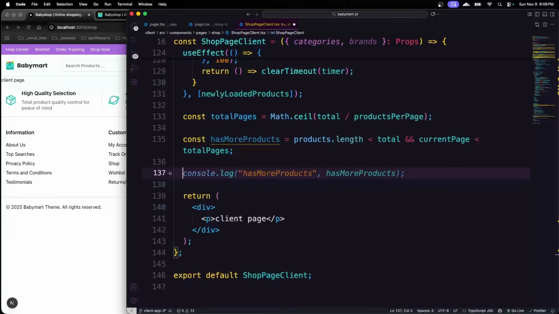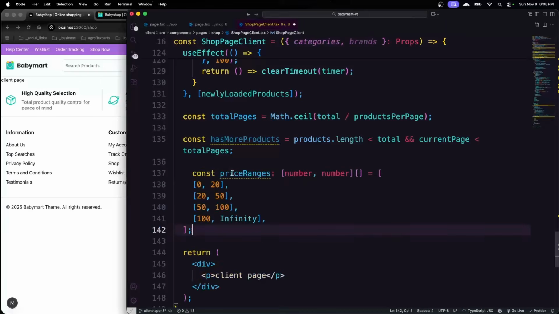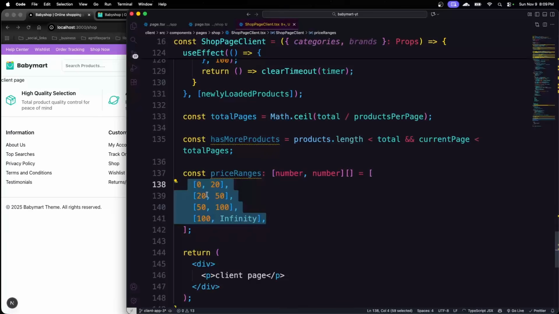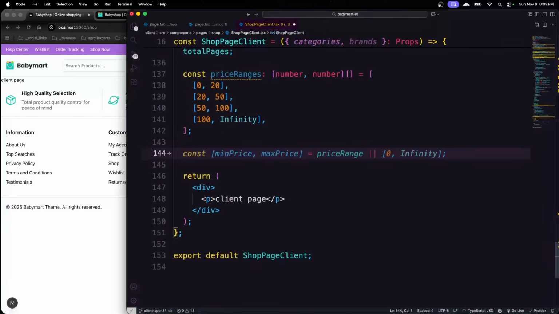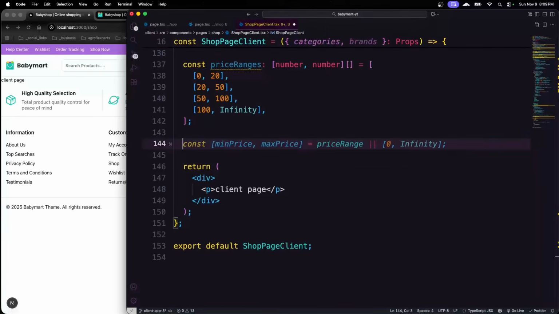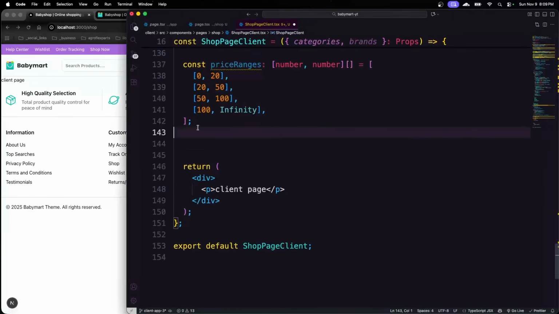Okay, done. Now after that, we will make a certain kind of setup over here. As you can see, I'm going to make some price range values. I can also make it from the API, or I will just create it right here: 0 to 20, 20 to 50, 50 to 100, and 100. That's the range which I'm defining for you. If you're looking to provide that in the data layer, that's up to you. And I'm also going to pass certain functionality here, because that will clear the